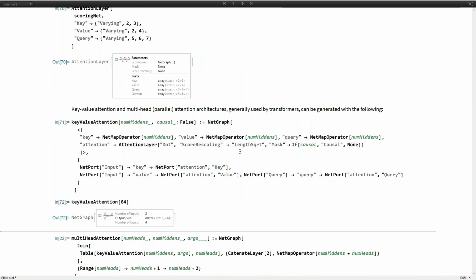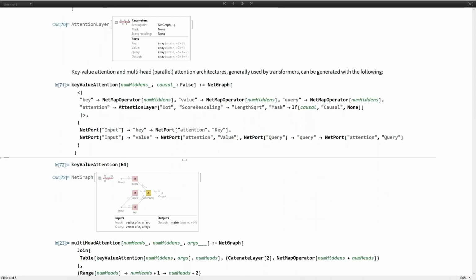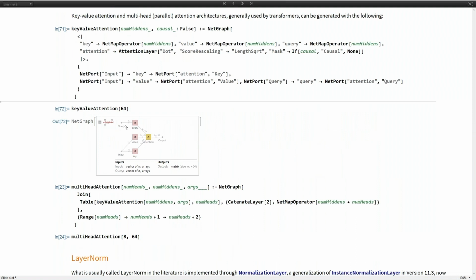In this case, you have sequences of queries and inputs. Out of the inputs, you usually build keys and values for the layer by mapping a linear layer over the sequence, and feed everything to the attention layer.